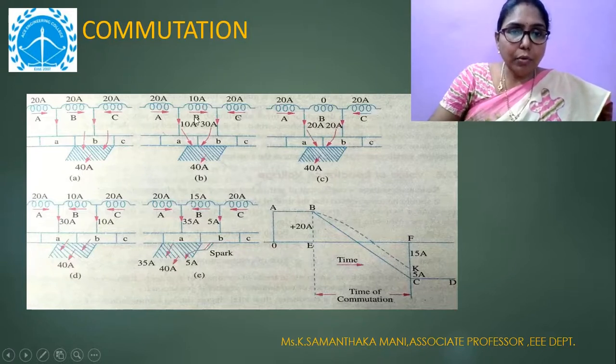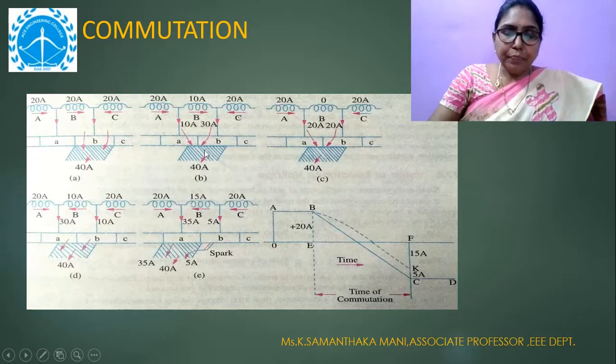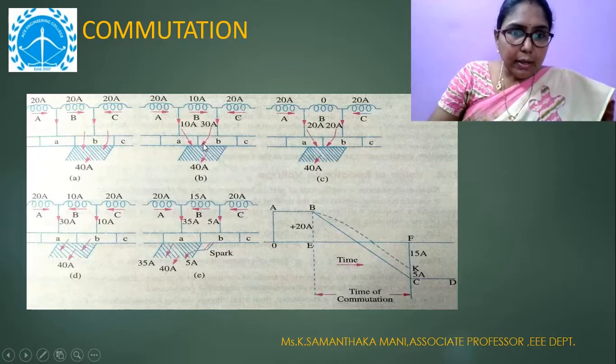So you see how this has been supplied by coils. Now if you consider, out of the 40 amperes required, the brush is collecting 10 amperes from coil A, and coils B and C together are supplying 30 amperes through the segment B. So here also there is no problem, and the required 40 amperes is being obtained from segments C and B, totally 40 amperes, right? So this is instant 2.